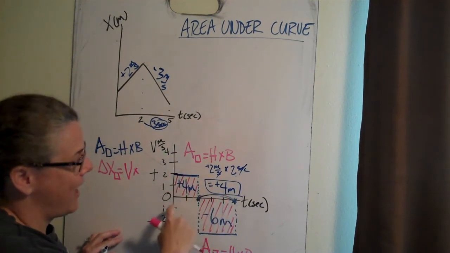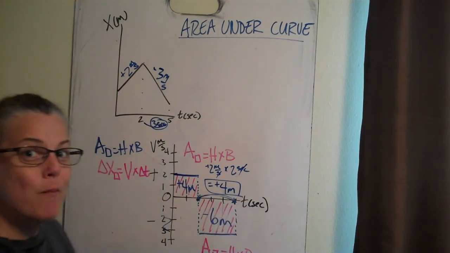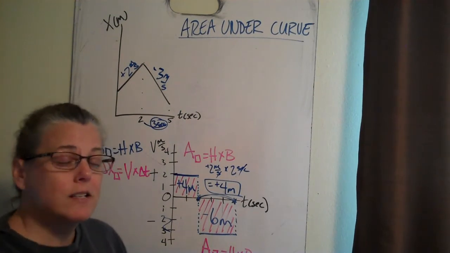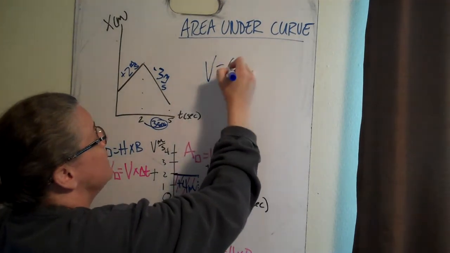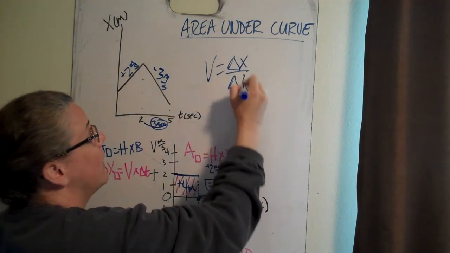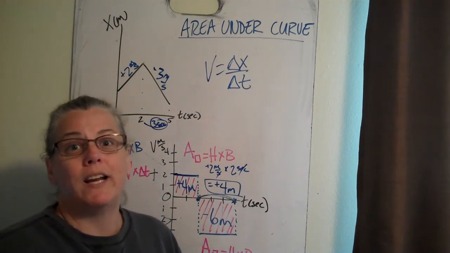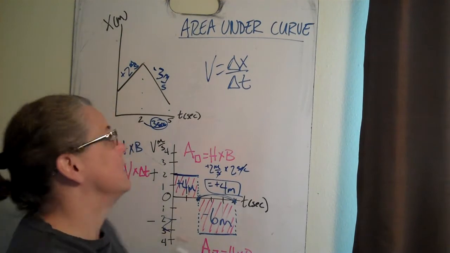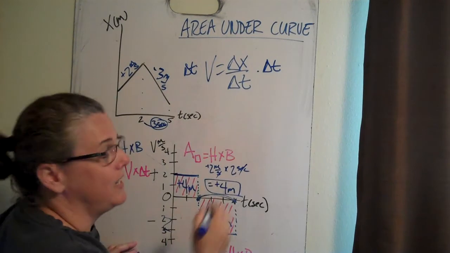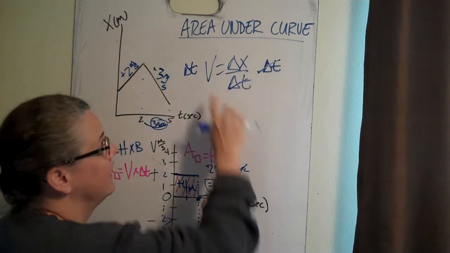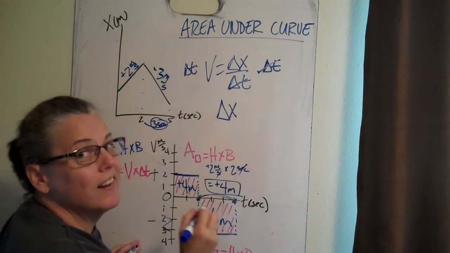And my base has a name, and it's time. So if I take our velocity formula that we've been working with all along, which is velocity is the displacement divided by my change in time, and I rearrange that formula, watch what happens. I multiply both sides by my delta t, they cancel on that side, and look at what I'm left with. I'm left with delta x